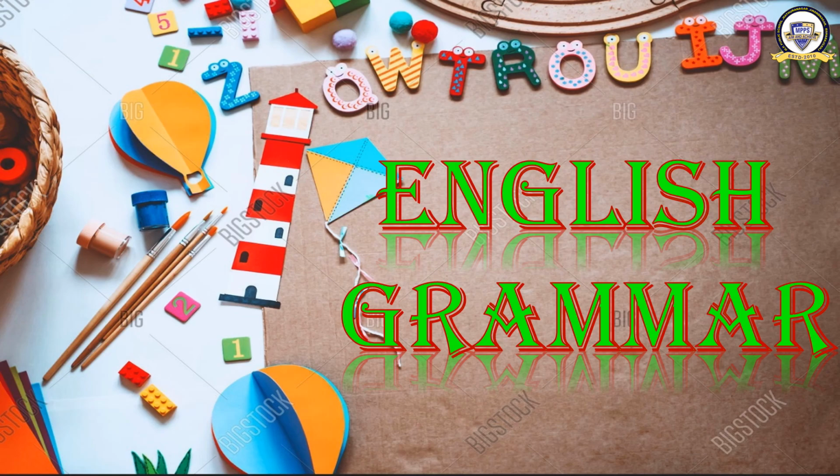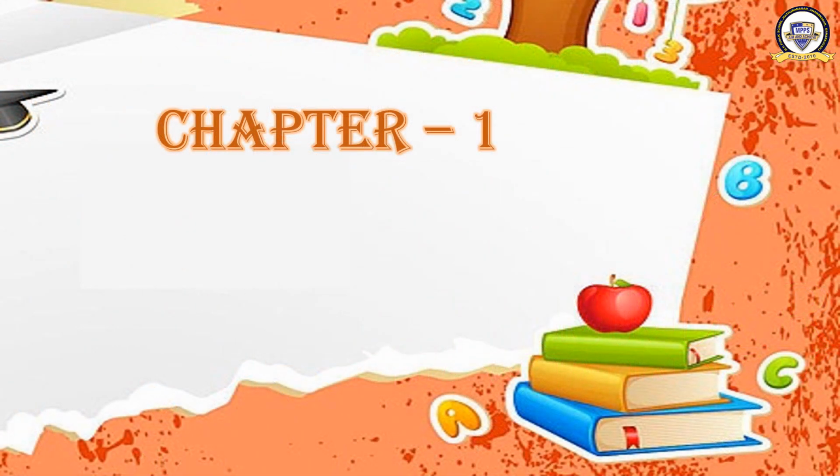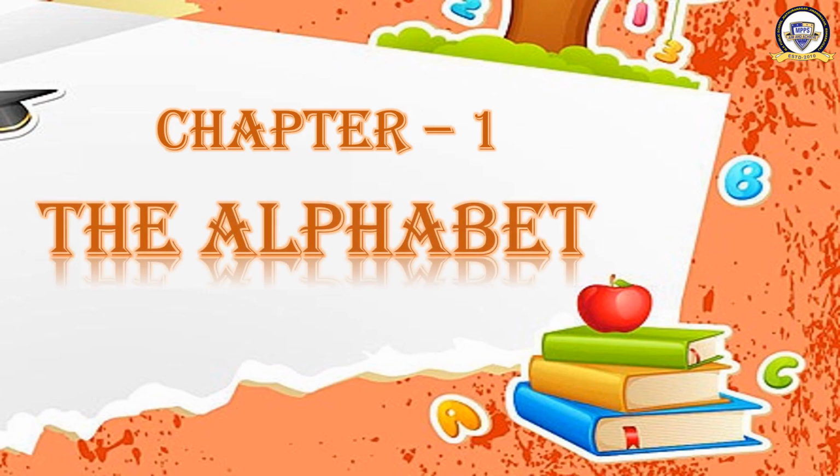You have learned the previous chapters? Okay, very good. So now we will learn English. We are going to learn English grammar now. Let us see what we will learn in English grammar. What is the topic? This is chapter 1, the alphabet. What is the name of the chapter? Alphabet. Have you heard the term alphabet? I think you did not. Okay, we will hear now and we will learn. Ready?